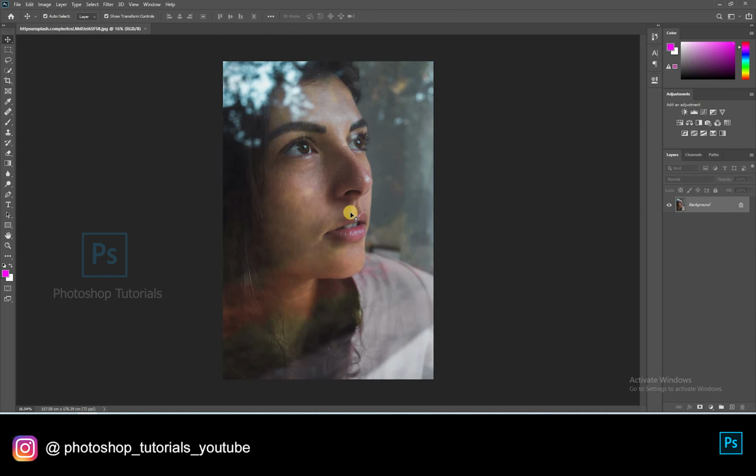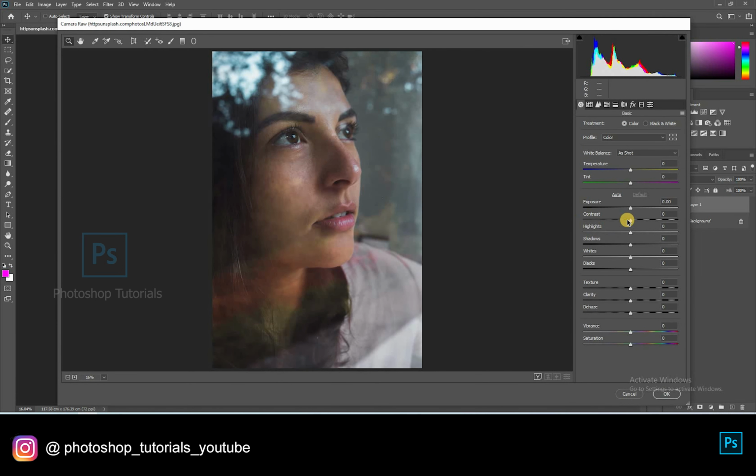Now let's get into the tutorial. Select the background layer and click on Ctrl or Command J to duplicate a layer. Now click on Ctrl or Command Shift A to open Camera Raw, so we have to perform some basic exposure